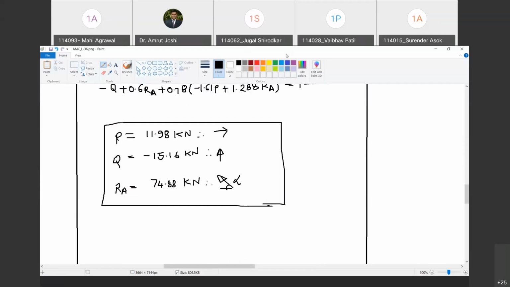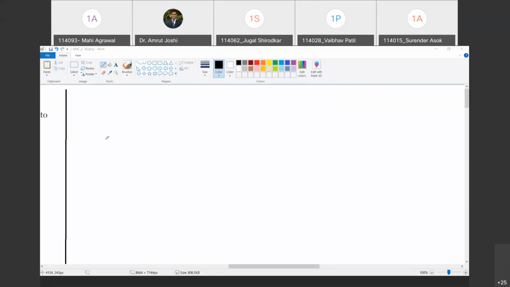Let me pause recording for a while. So with this, we now conclude analysis of cables. Once again, let me reiterate what to do in cables. First, you have to draw free body diagram of entire cable, and then cut the body at a point about which additional information is known, and then draw the free body diagram of either left hand side or right hand side, whichever is suitable. Are you with me? Yes, sir. So this is the general methodology for cables with supports at same level as well as supports at different level. That doesn't matter.